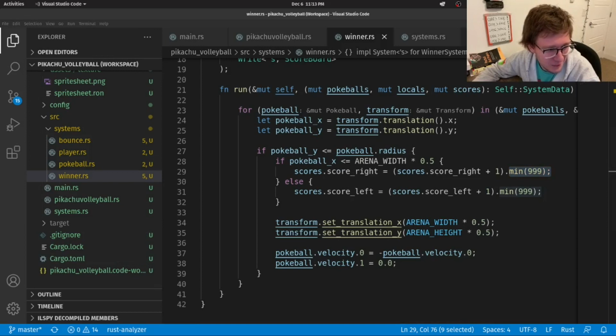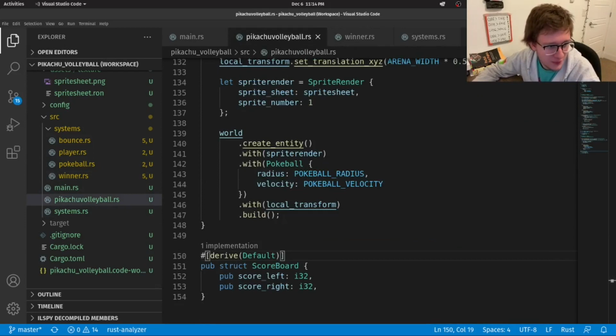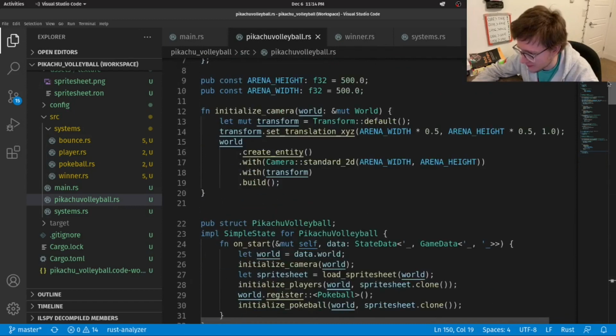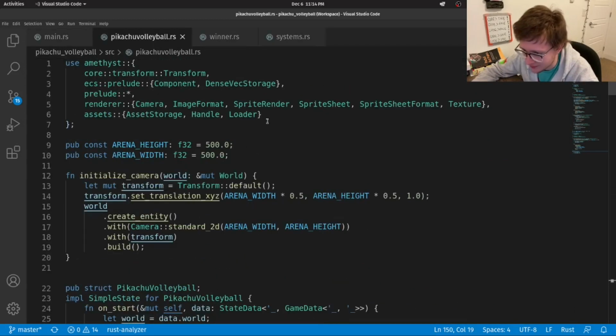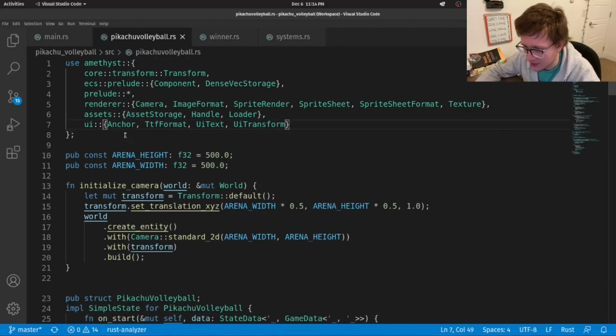Yeah, so now that we have the actual score values, we have to display it on the screen with UI text entities. So back in Pikachu Volleyball, let's bring in a couple of imports. Let's go all the way up. Close this. And in here, we'll bring in from UI, Anchor, TtfFormat, UiText, and UiTransform.